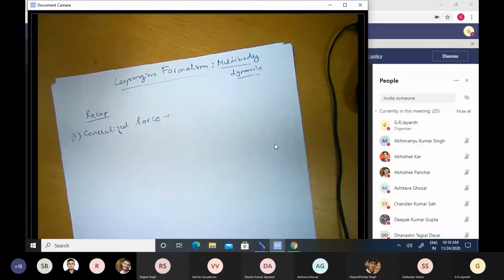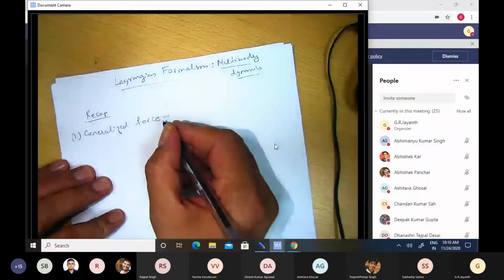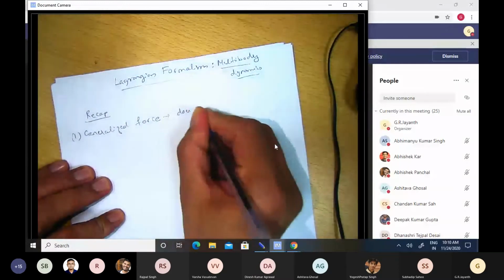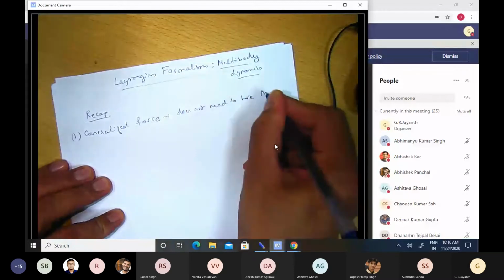So the generalized force associated with a certain generalized coordinate was that quantity which ended up doing the same amount of virtual work upon providing a virtual displacement to that generalized coordinate as the other forces and moments that the physical system is actually experiencing. So one important point that we made in that connection was that it does not need to have the same units